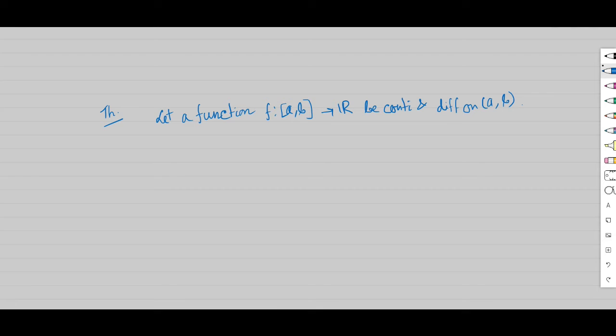So if f dash x is equal to 0 for all x belonging to the closed interval a, b. No, this is not a closed interval, this will be an open interval,